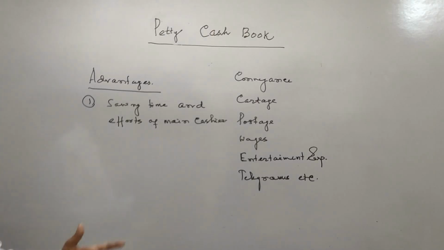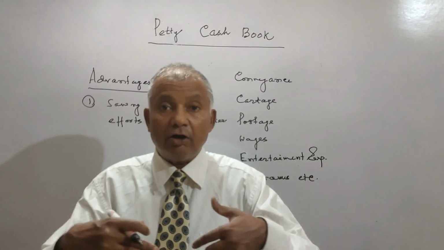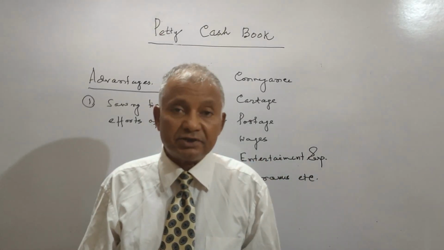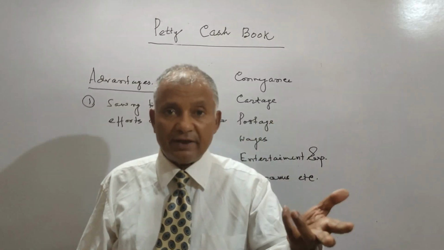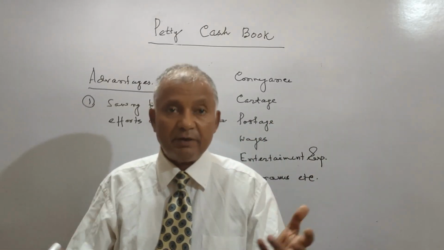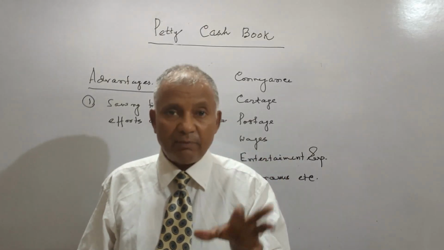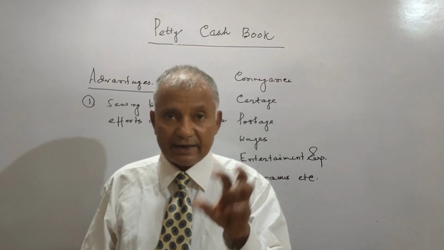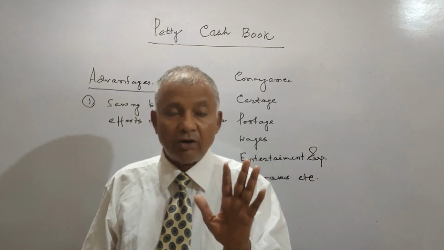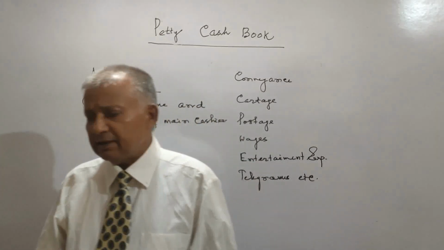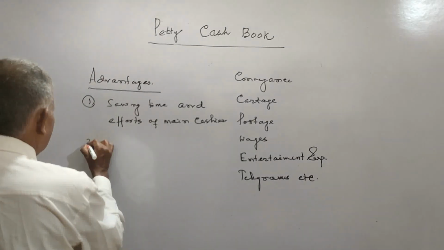Because if the main cashier is engaged with all such transactions, then there will be a long queue before the main cashier and it will take time. The time of service will be quite high and people will be dissatisfied. At the same time, the objective of cash disbursement and cash received by the main cashier will be vitiated or will be delayed. The second point is effective control